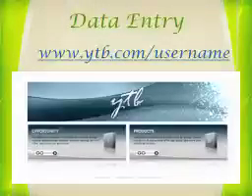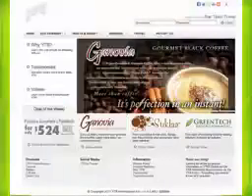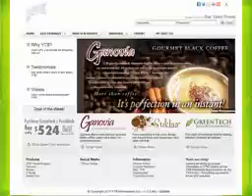That's www.ytb.com/your username. Along the bottom left, you'll see opportunity. On the right, you'll see products. Of course, Ganovia is one of our key products, and so you want to click right there on products. You'll notice that it says YTB in the top left corner. Your travel store name should be in the top right corner, and you're here on the main page of your